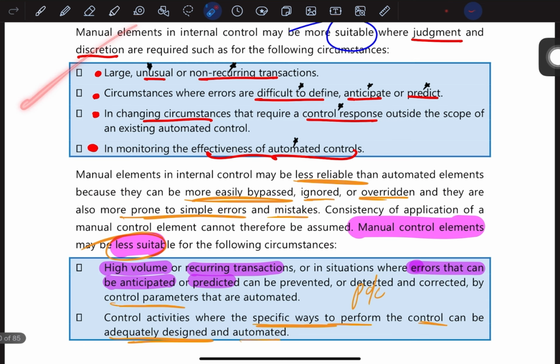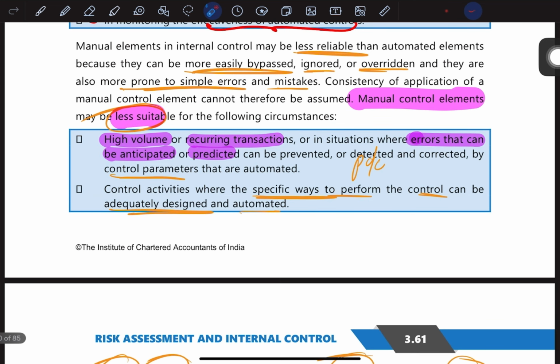In the earlier cases, automated elements were not suitable, and here manual elements are not suitable. So when is a manual element not considered suitable? Where there is a high volume of recurring transactions, or in situations where errors that can be anticipated or predicted can be prevented, detected, and corrected by control parameters that are automated. In that case, manual elements are not suitable. Also, control activities where specific ways to perform the control can be adequately designed and automated. So when you can specifically design and automate it, then manual elements are not considered